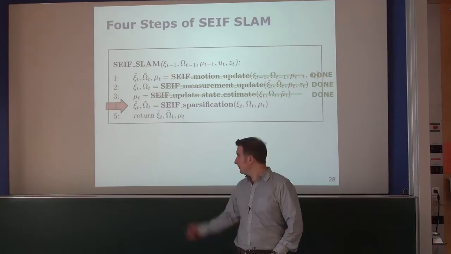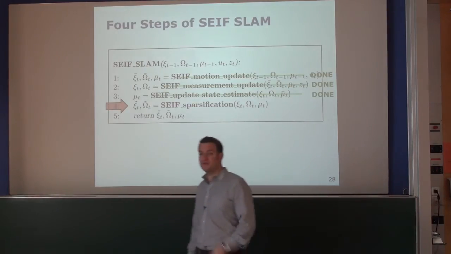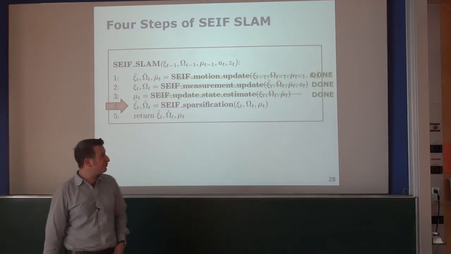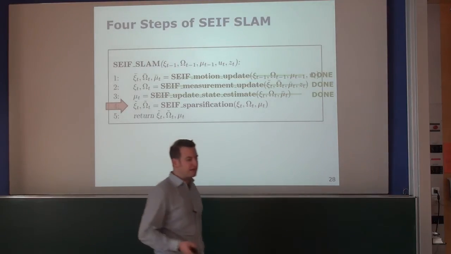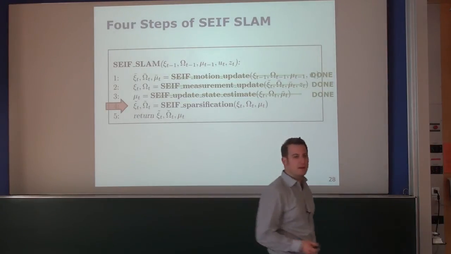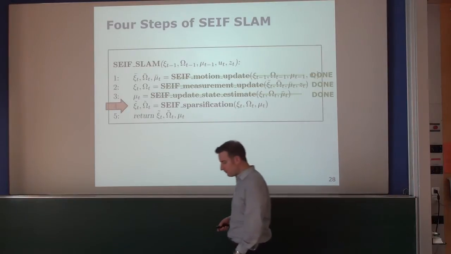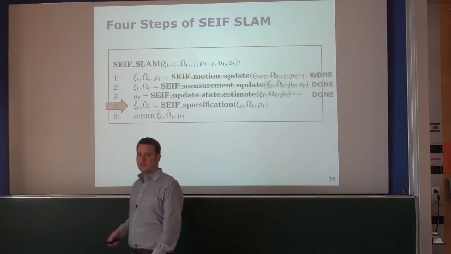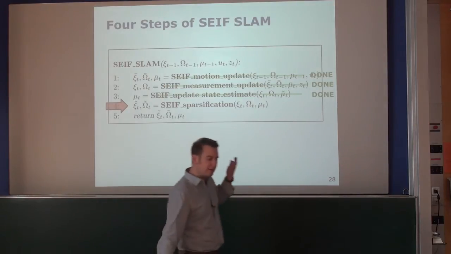Okay, so this step is done, or let's say postponed to the future, especially to the time after Christmas where we'll look into these kinds of problems. And so the key thing I want to discuss today is what does a sparsification look like? How can we ensure that the information matrix is sparse, so we only have a constant number of off-diagonal elements, independent of